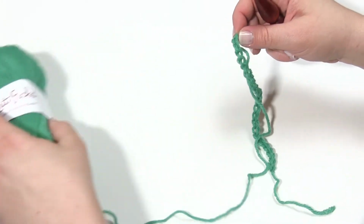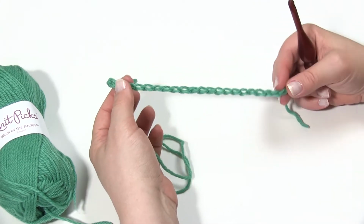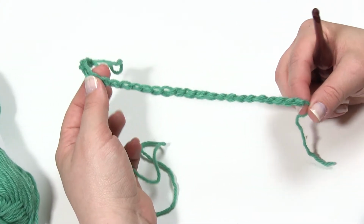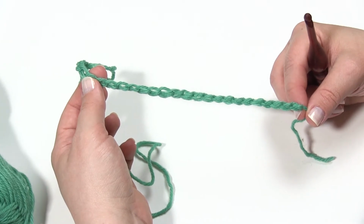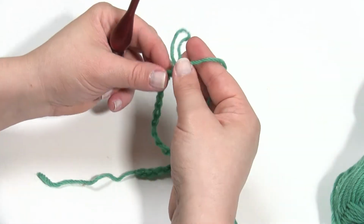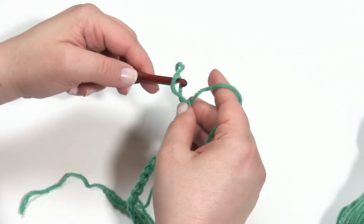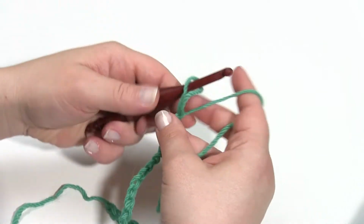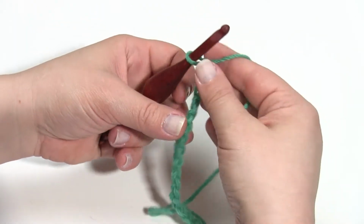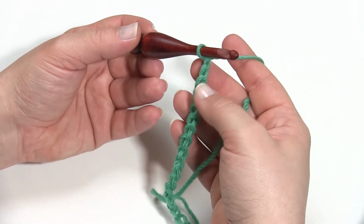So this pattern begins with a chain of a multiple of 7 plus 4. So here I have a chain of 25. So that's 7 times 3 for 21 plus 4 more, which makes 25. So I'll reinsert my hook here and we can begin. Okay. So to begin this pattern, I'm going to skip the first 3 chains, 1, 2, 3